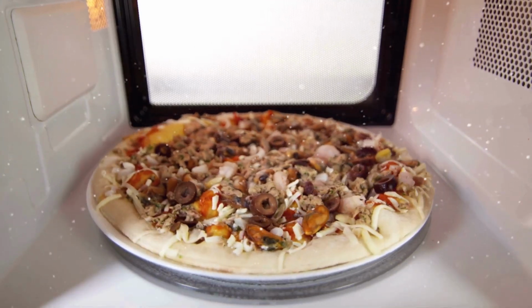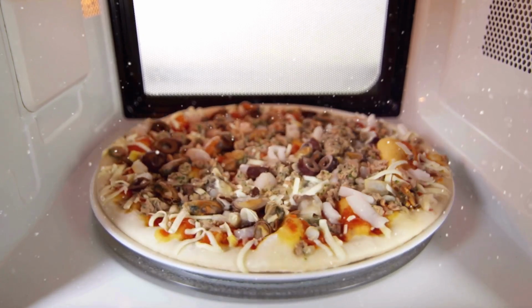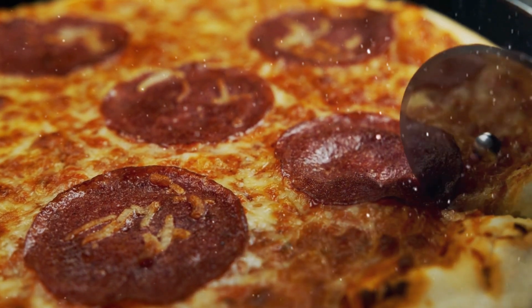Or those trays with pasta, lasagna, chicken, and mashed potatoes, all ready in 5 minutes in the microwave. Sounds convenient, right? But for people with diabetes, especially after 60, these easy meals can come at a high cost